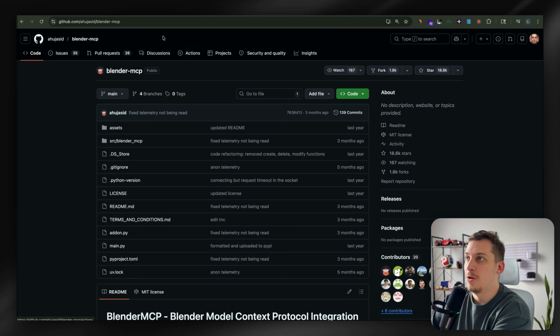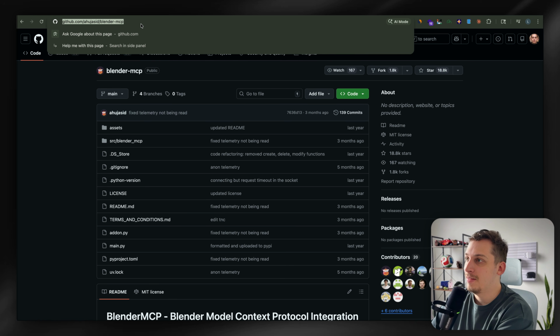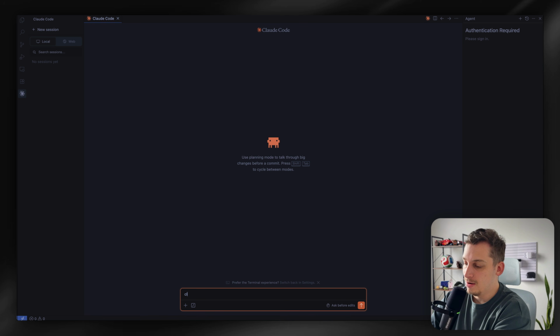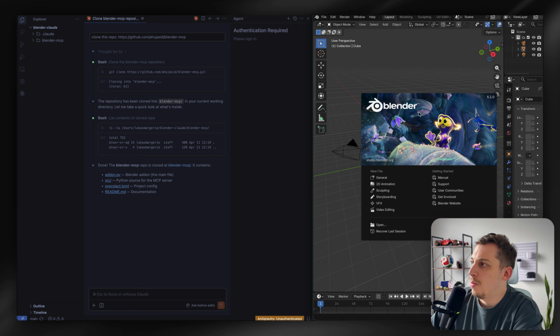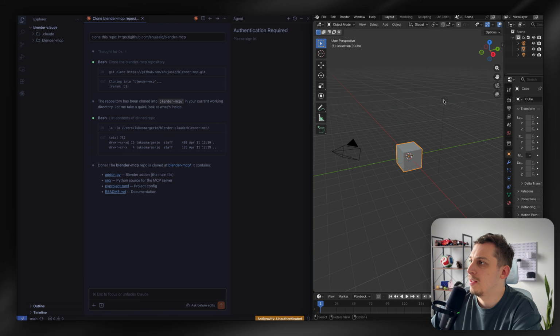Now what I'm going to do is go back to the web and copy this URL and take it back in here. And I'm just going to say clone this repo and paste in the URL, click on enter. And as you can see, it created this Blender-MCP subfolder with the different assets, with the project configuration, documentation, and so on. And now I'm just going to open up Blender over here on the side